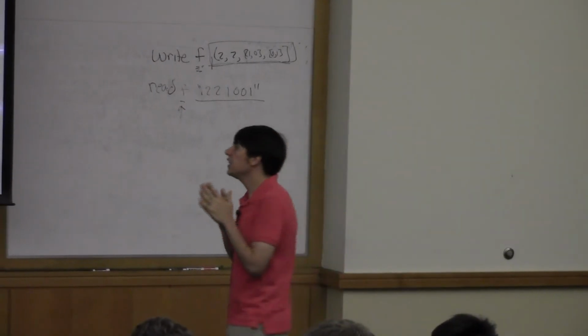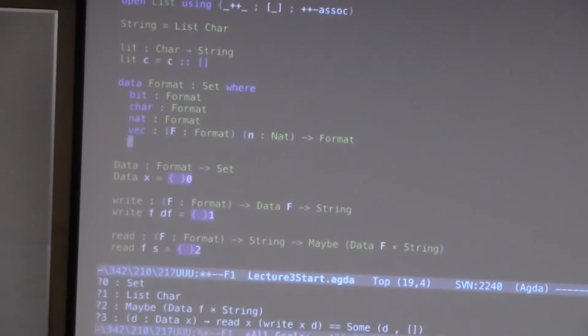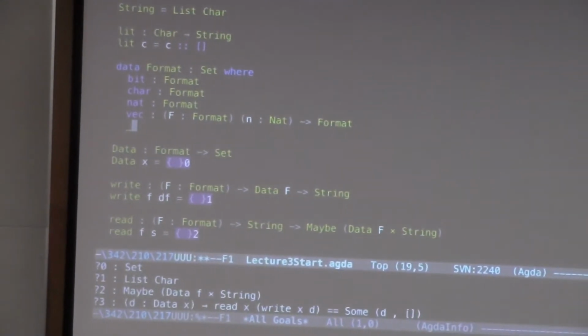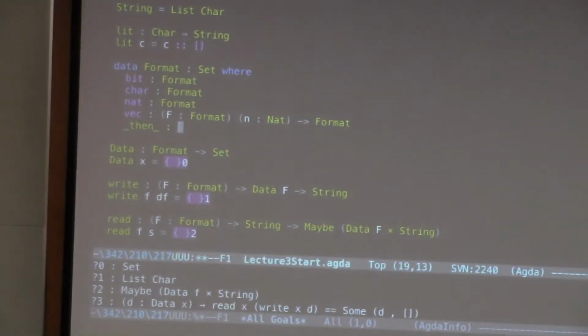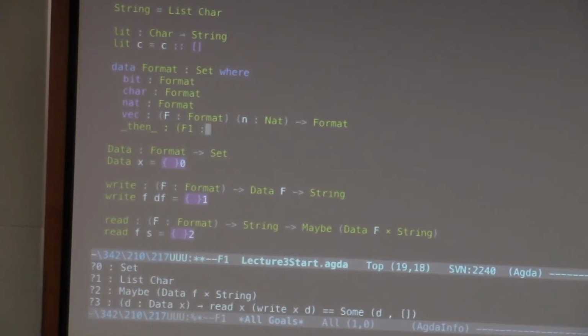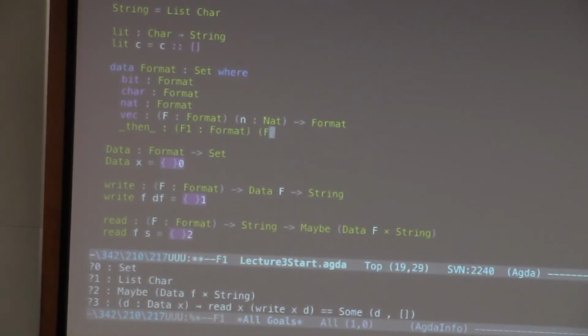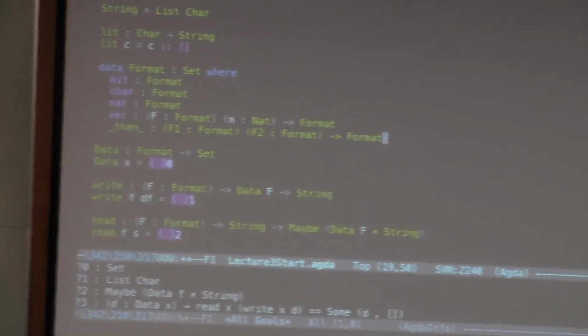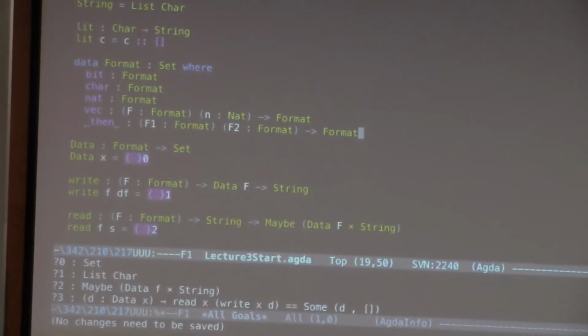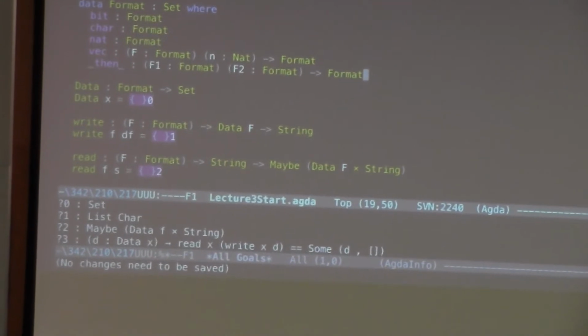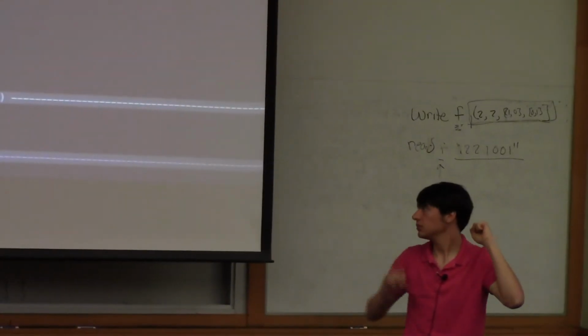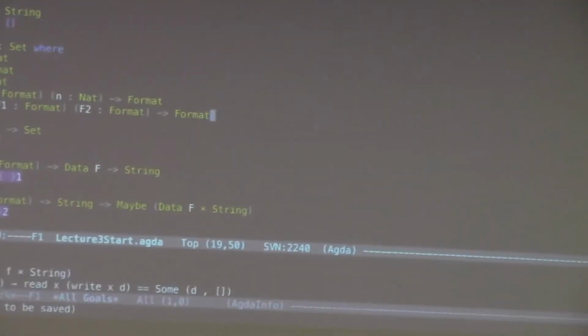Now let's do a format that lets us just sequence two formats. We'll call it then. So given any f1, which is a format, and any f2, which is a format, we can make a format. The idea with then is it's going to represent a value of type f1 followed by a value of type f2. So now we can write things like,